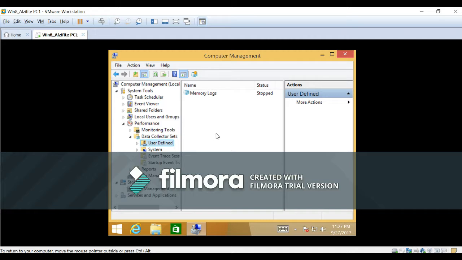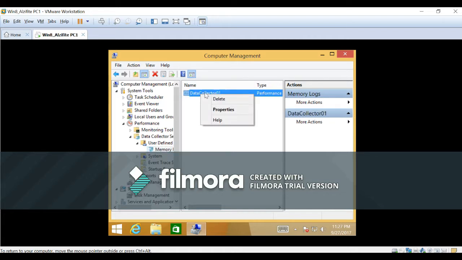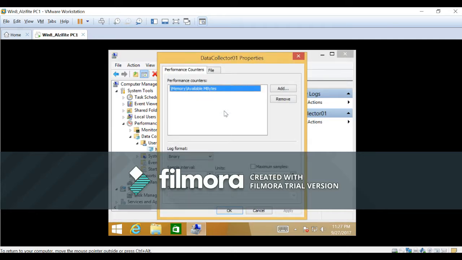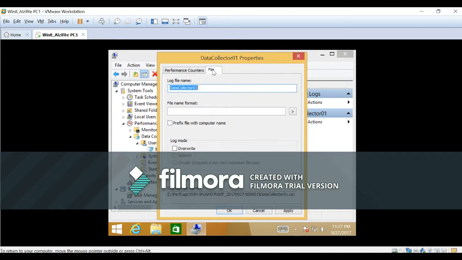Once we click Finish, we're going to go to User Defined, expand that. Once we expand that, we're going to select the Memory Logs that we just created. Once it's selected, we're going to go to DataCollector01 and right click on that, go to Properties. Under Properties, we're going to the Log format, and we're going to change that to Comma Separated. And under File,